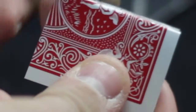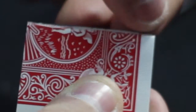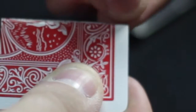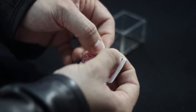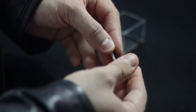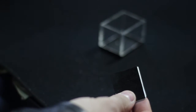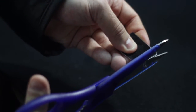As you can see, here is a little border over here, about a millimeter. It's very important that you leave this border over here, and now you are going to press the card as hard as you can. And before continuing, you must grab a pair of scissors and you must cut from here at the side